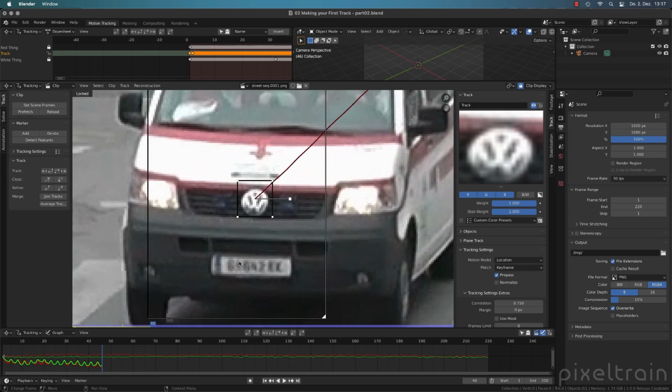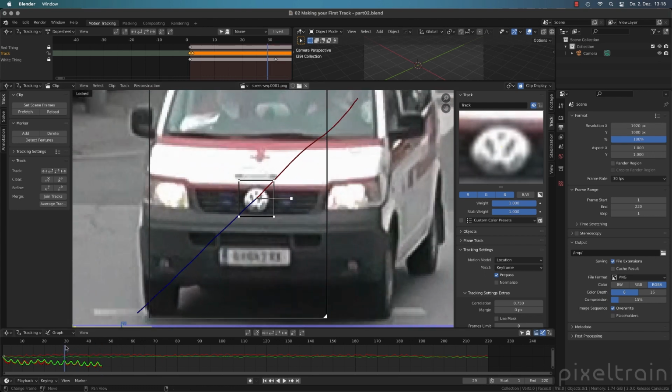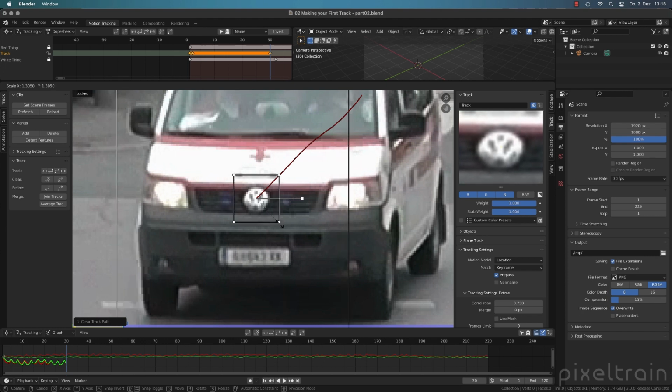Why? Because this pattern area is now too small, or maybe the pattern has changed too much, or both. We will talk about these advanced tracking settings in the next lesson, but to correct that now, what we can do is we go a little bit backwards here to frame 30, and now I can delete everything on the right side. You see that's made here or here. We have used that before. So delete everything here, and then I correct my result a little bit here,